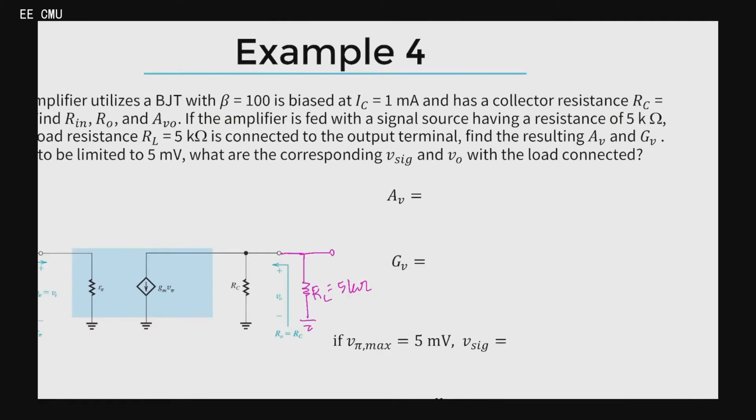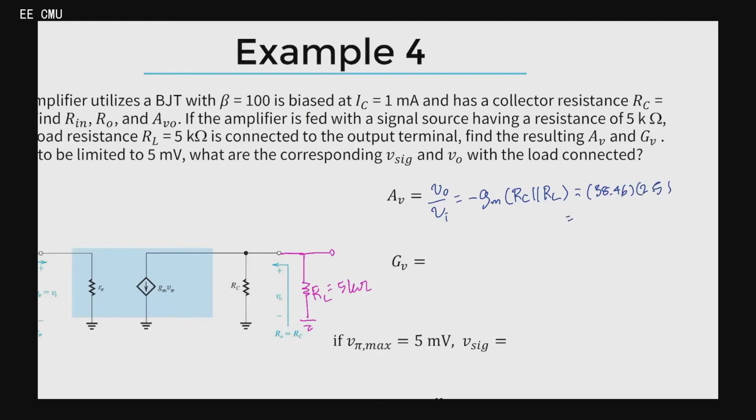It is equal to, if we talk about it as a ratio, V out divided by V in, which is equal to negative GM times what? What is the total resistance between the collector and ground? So looking at the circuit, we have both an RC component and an RL component present, right? That means we are dealing with RC in parallel with RL. To find the equivalent value, we need to calculate the parallel combination of these two.